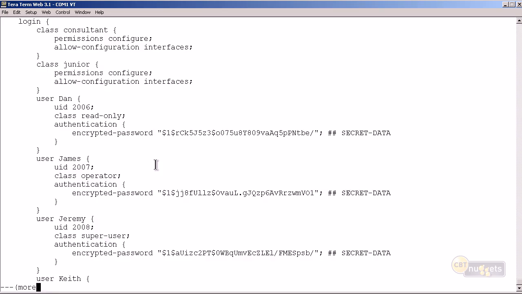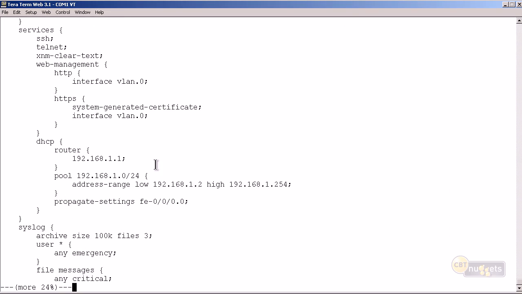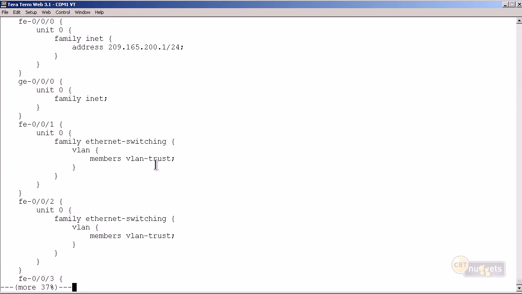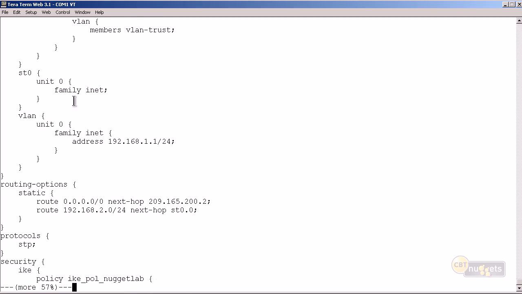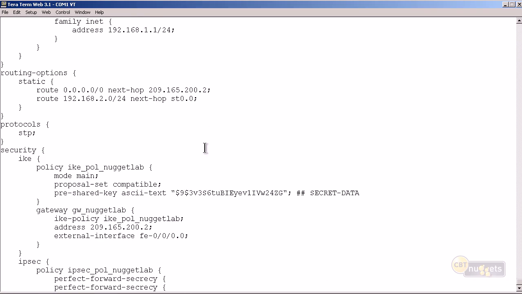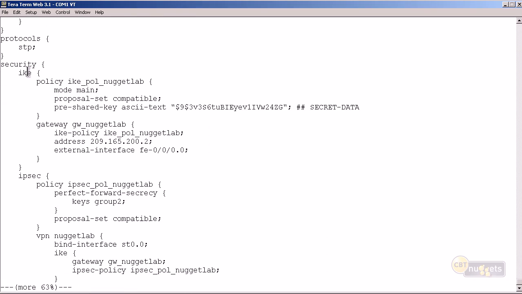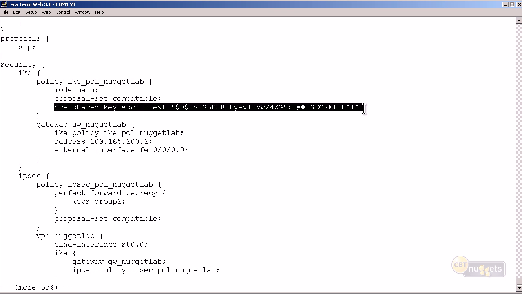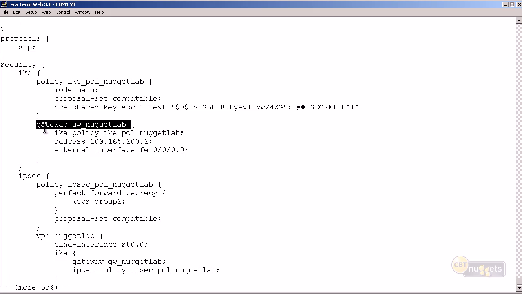And I can see here down in my configuration, we should be able to see our VPN. There's our ST0, okay. Got some static routes in there. Here's our security. This is IKE. Here's our policy, main mode, our proposal set, pre-shared key that was 1, 2, 3, 4, 5, 6. You can see it's been hashed. We've got a gateway called Nugget Lab, IKE policy, address of the peer, okay, 200.2, external interface on this one,